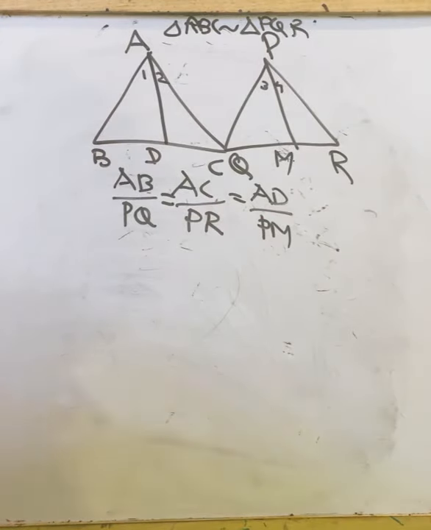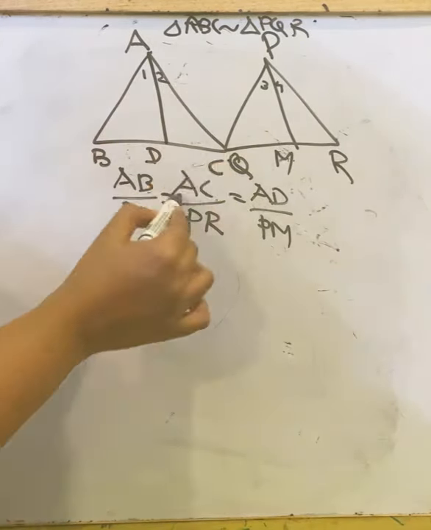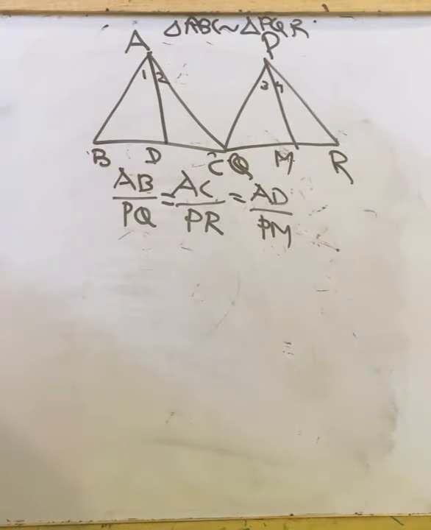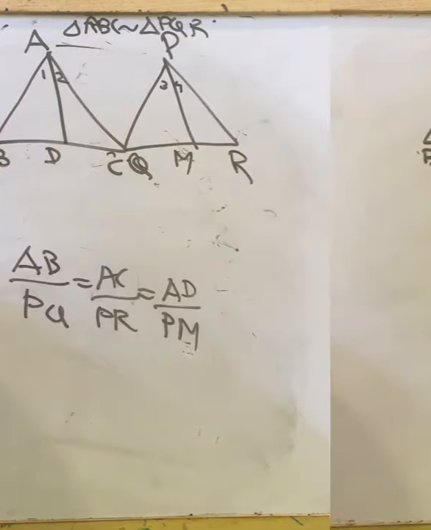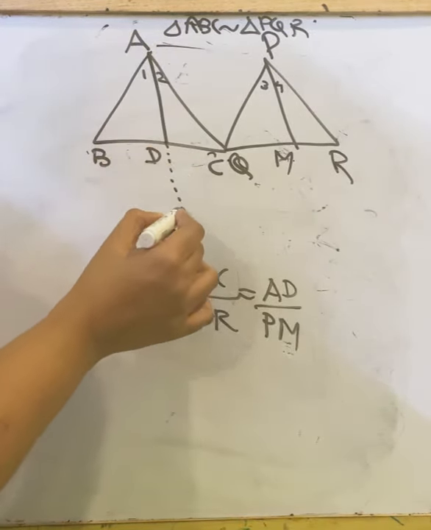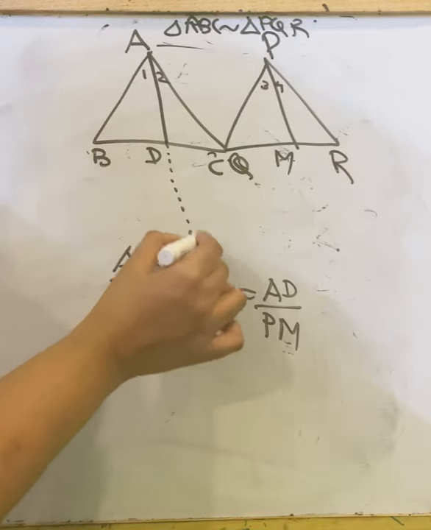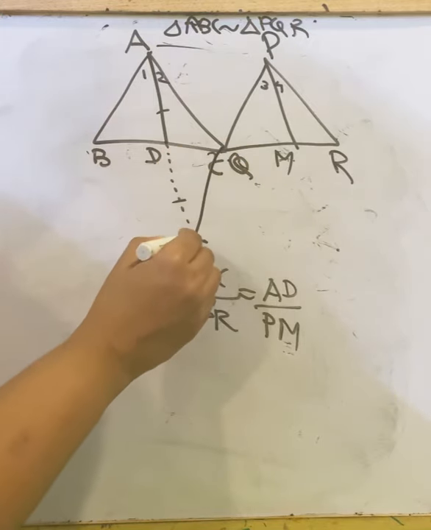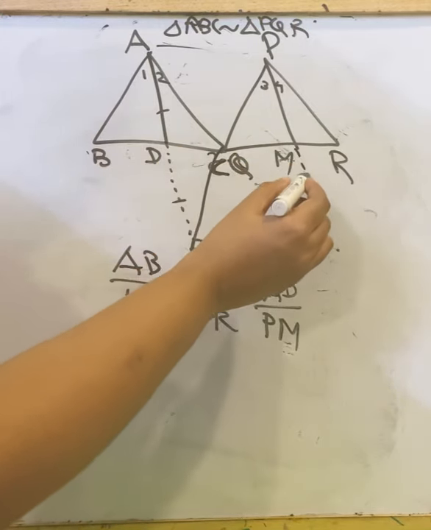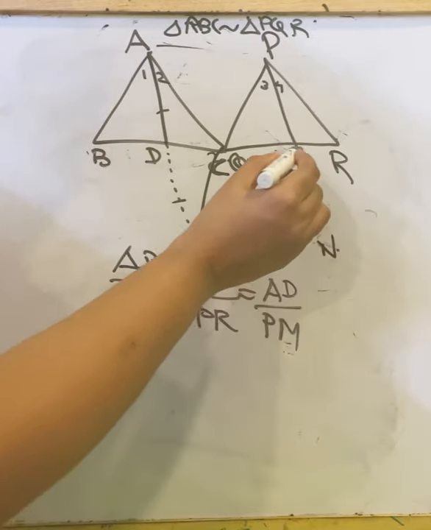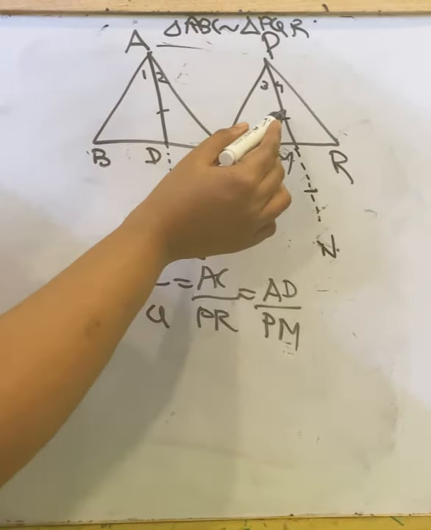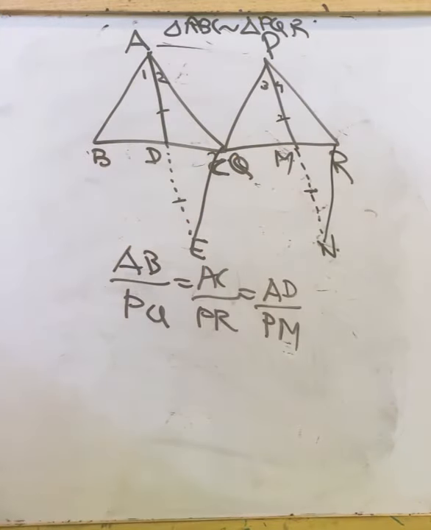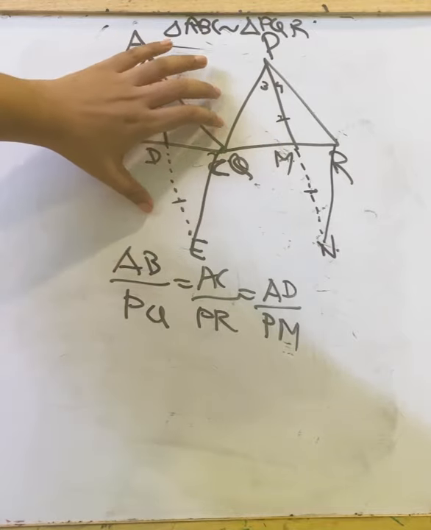In the previous question, instead of AC by PR, we have BC by QR. Now this side's proportionality is given. So let us check how will we prove this similarity. Let us construct a length to here, the side, that is this AD length and DE length are equal. Now join to the third side. Again, here we will construct N, that is MN length and PM length are equal. These two lengths are equal. Now join it with R. We constructed this. Now let us consider this triangle only.